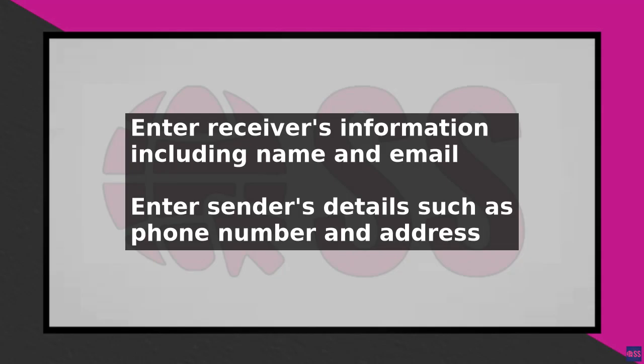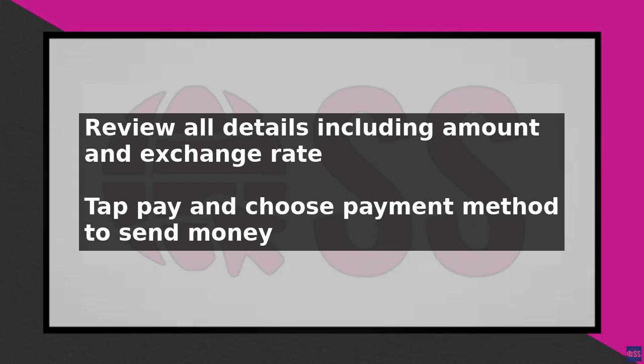Review the total amount you'll pay, including any fees, and tap Continue. You will then be prompted to enter the receiver's information, including their first name, middle name, last name, email address, and phone number. Tap Continue and enter your own details, such as phone number, date of birth, country of birth,